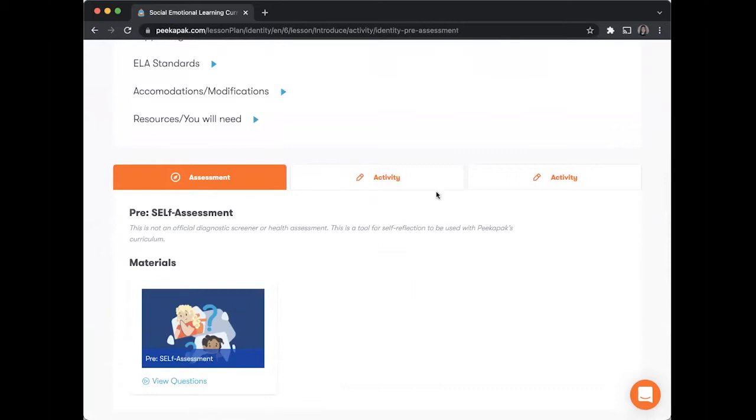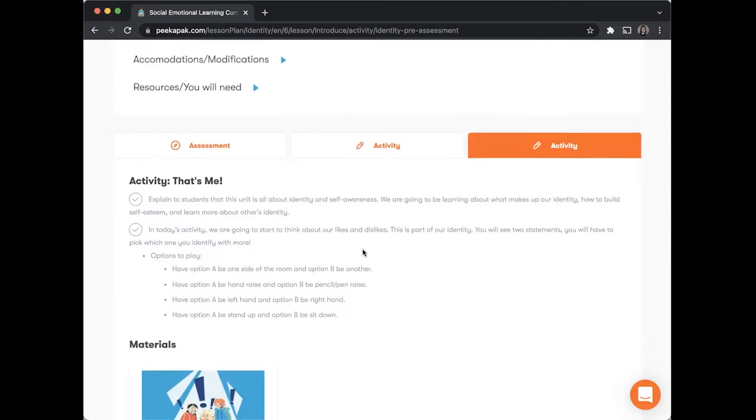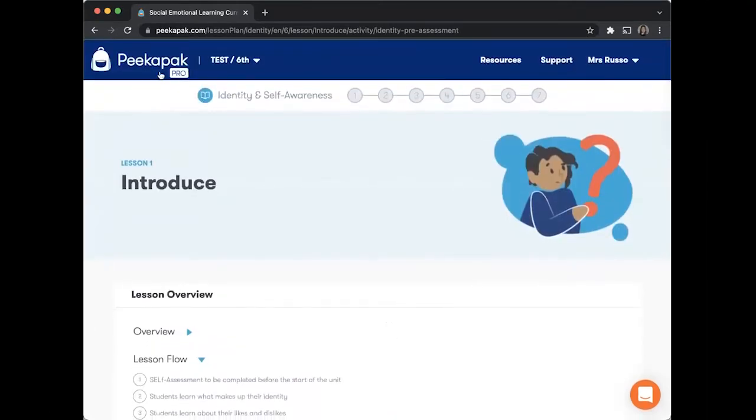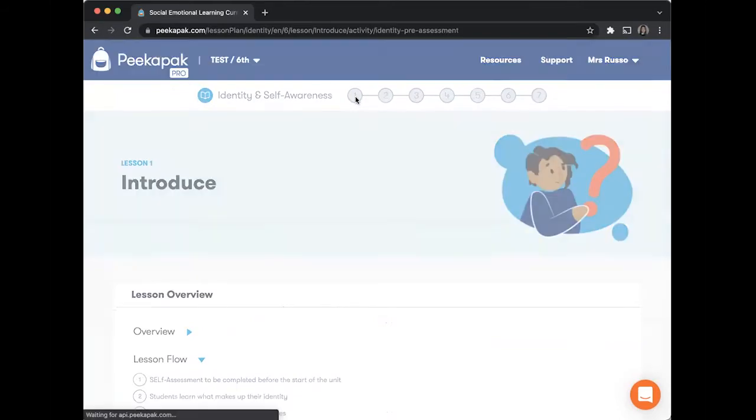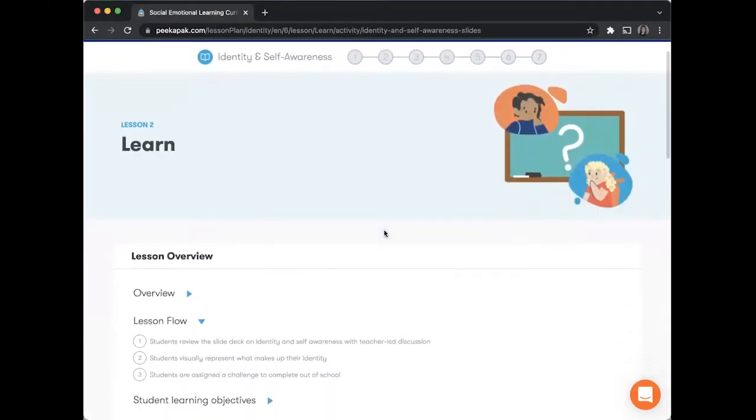And so these activities are going to be just dipping your toes into the material, and they're usually very fun, very collaborative, very activity-based for students to start thinking about that unit skill. So now that was lesson 1. But if we go into lesson 2, which is learn, this is really kind of the meat of the unit, and this is where students are going to learn about the skill, and they're going to do so in a